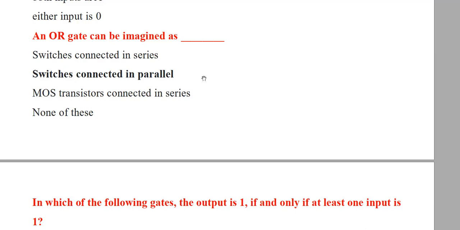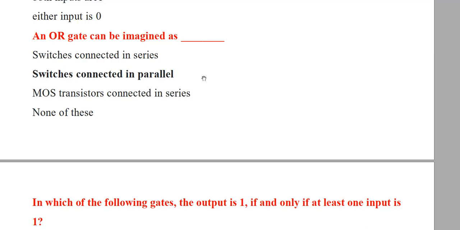And we get the output from switch 1. Yes, so that's why the output is 1. So for 0 1 the output is 1. Similarly for 1 0, switch 1 will be on and switch 2 will be off, then the output is again 1. Why the output is 1? Because they are connected in parallel. Since they are connected in parallel, if any of the switches is on, then the current will pass from input to output and we will get the output. That's why we are getting it.